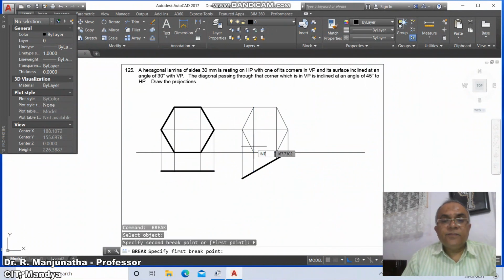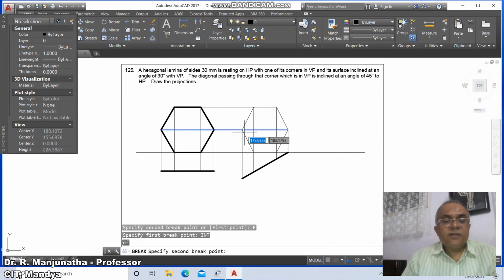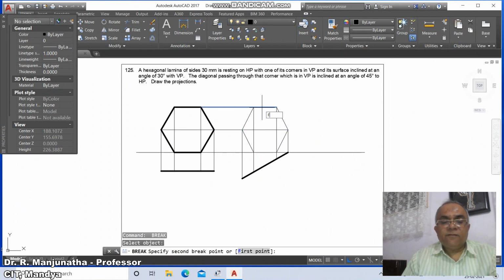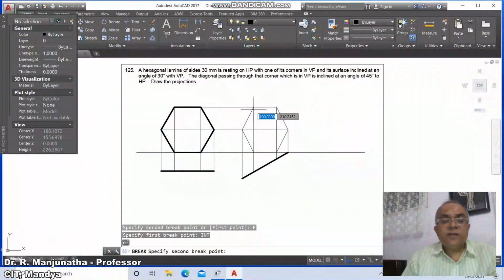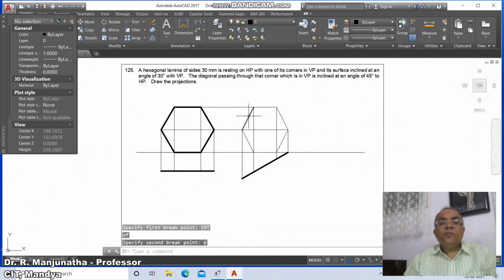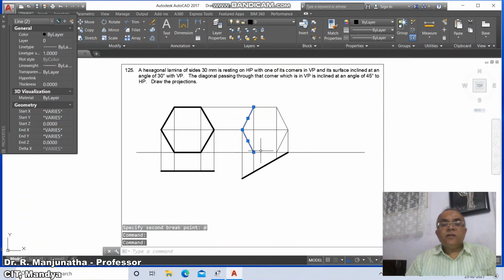Break first point, take intersection point of this and at the rate. Similarly, break first point, int of this and say at the rate. Break first point, int of this and say at the rate. And break first point, take int of this and say at the rate. Now we are going to select this individually